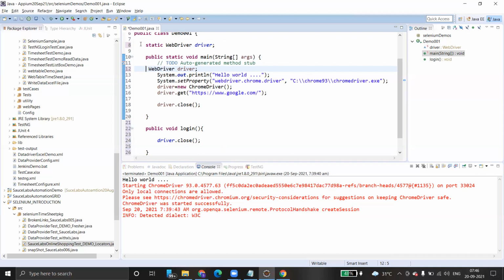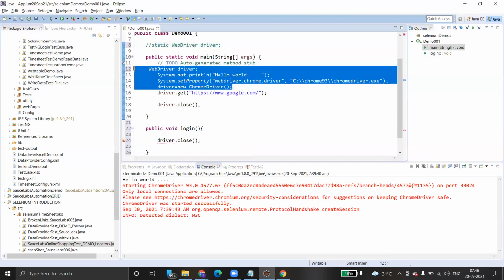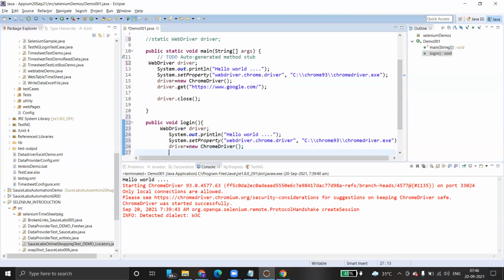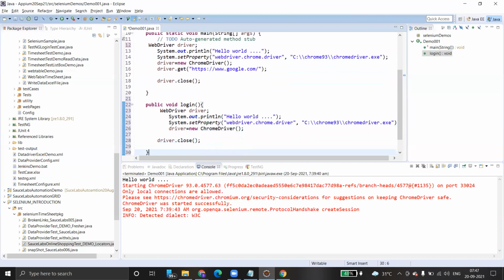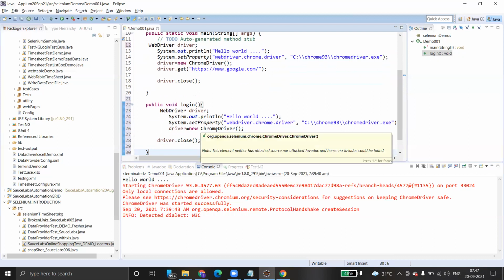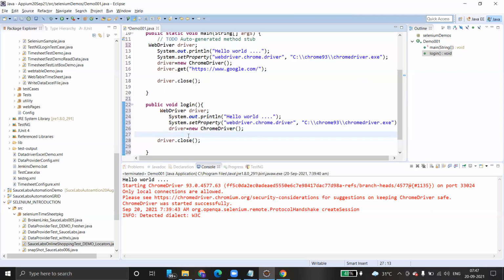See, we're just commenting it out. Okay, you got an error. So what do you need to do again? You have to create a driver and initialize the Chrome driver. The entire piece of code needs to be there inside the login again. Control C, Control V. Then only it will work. Otherwise, it does not work. So for the driver, we need to set the Chrome driver path again and then do the Chrome driver initialization. Then you have to do whatever transaction you want, like driver dot get of Google dot something.